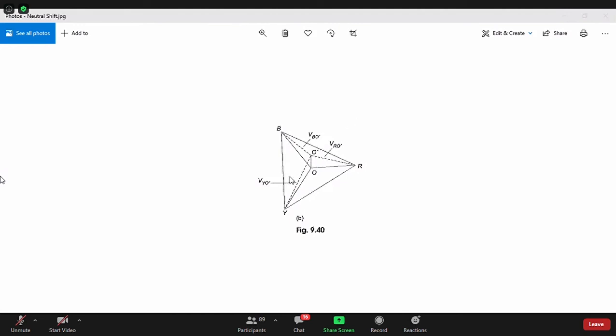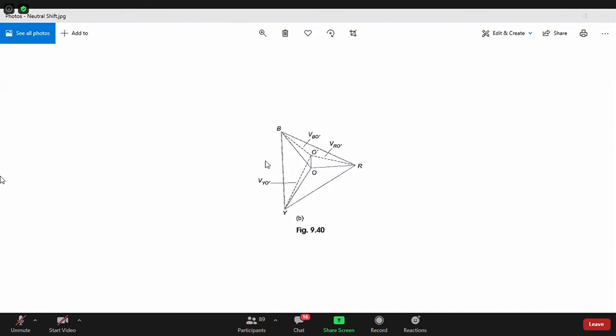And this is a voltage triangle, so we call this plane a voltage plane. Any length in this plane is a voltage, because you can see all these lengths are voltages. So this O prime is also a voltage. Then what is this voltage? The answer is very simple. This is the voltage difference between O and O prime. So this is called the neutral shift voltage. So V O prime is the neutral shift voltage.